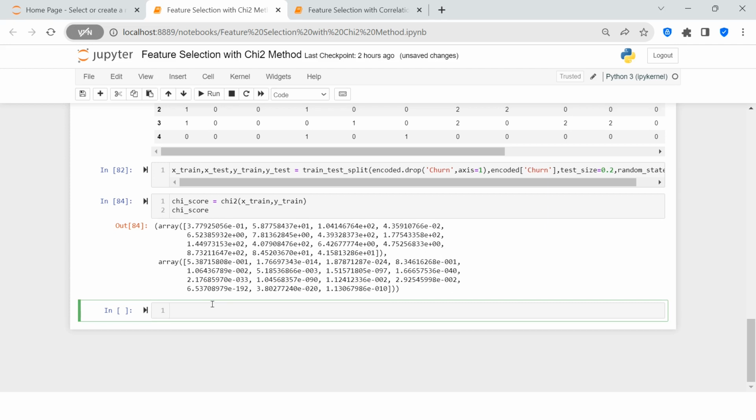Okay, so here I'm going to say chi-square score. We need to convert this into a series, right? Because currently it is an array, we need to convert this into a series. So how can you do that? For doing that, you need to say pd.Series,